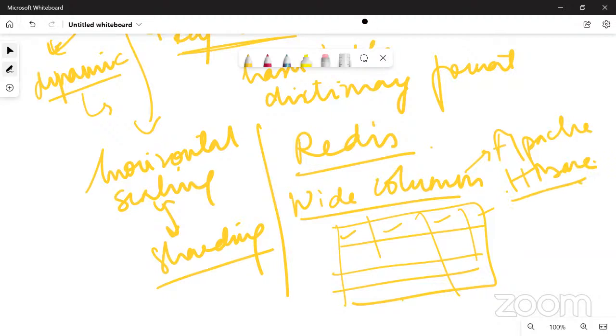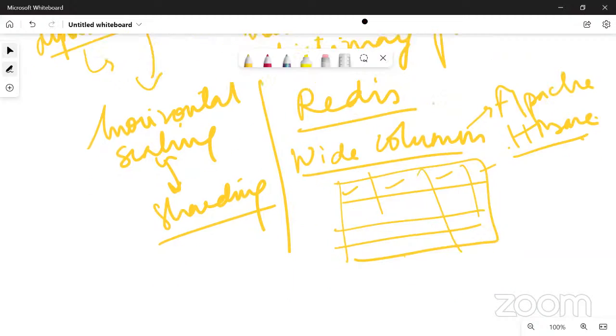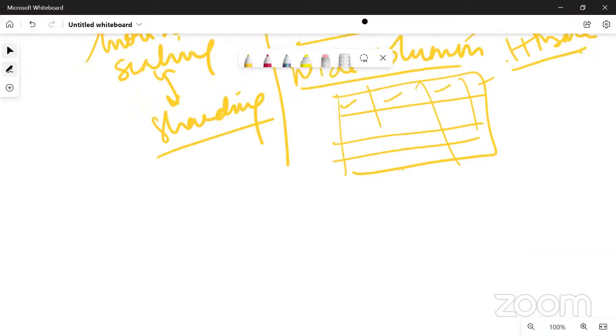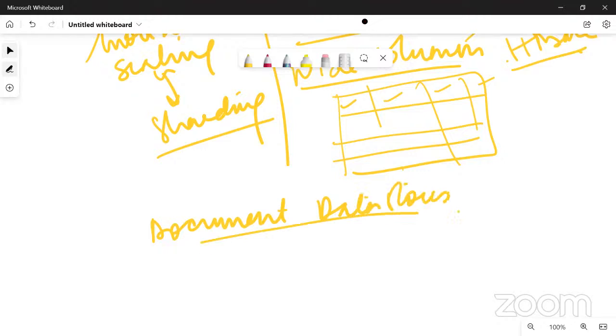Then you have document data store, very popular again. You might have heard of a DB in everyday use, which is MongoDB. Document stores consider having documents consisting of nested objects.